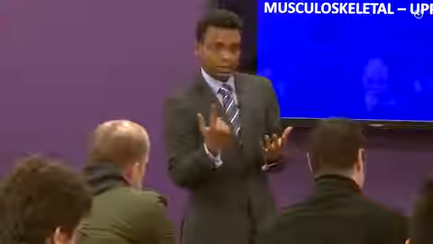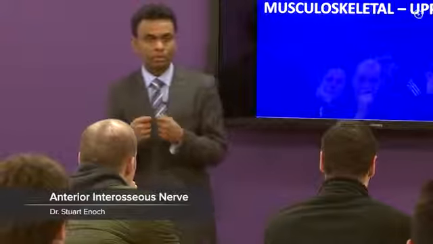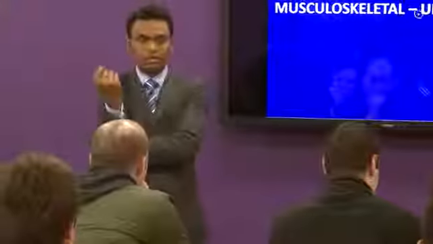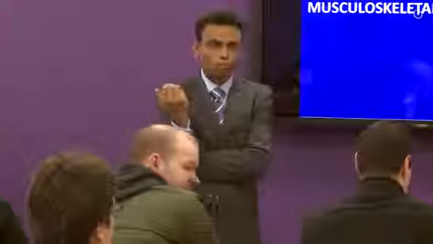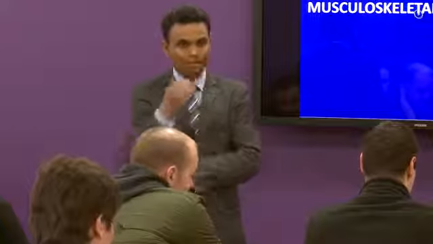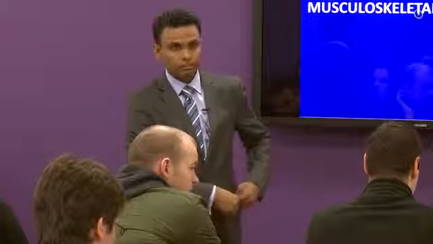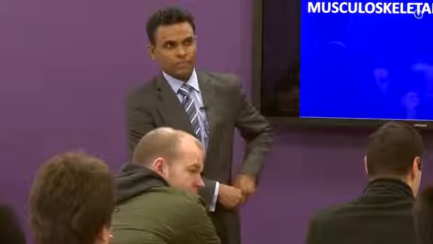One specific question in your exam will be the anterior interosseous nerve, because there is something called anterior interosseous nerve syndrome. You can get patients with anterior interosseous nerve compression. What is the anterior interosseous nerve? Where does it come from? What does it supply? So the anterior interosseous nerve is a continuation of the median nerve. Very good, yeah. As it extends beyond the cubital fossa. As it gets into the forearm,